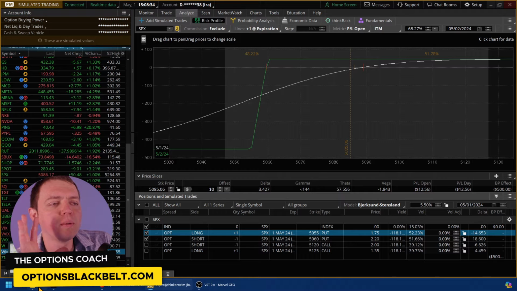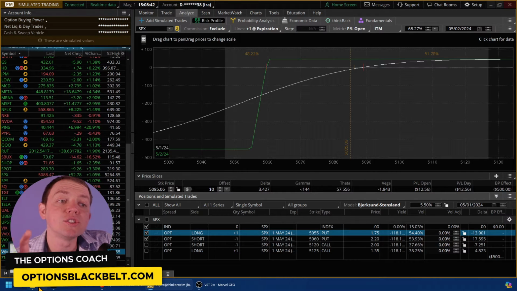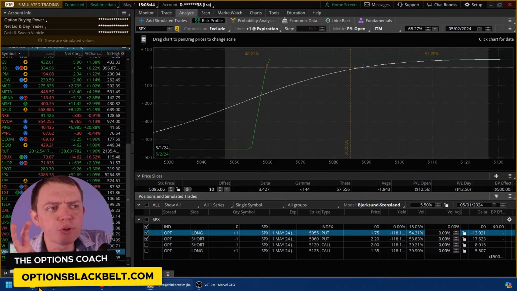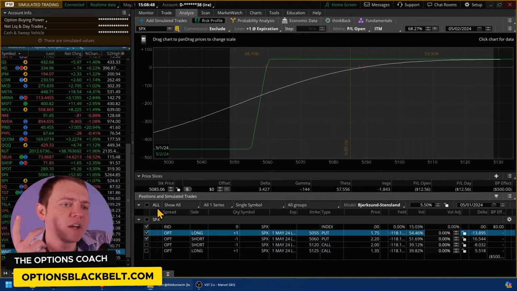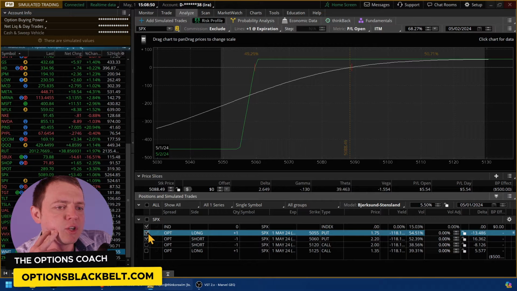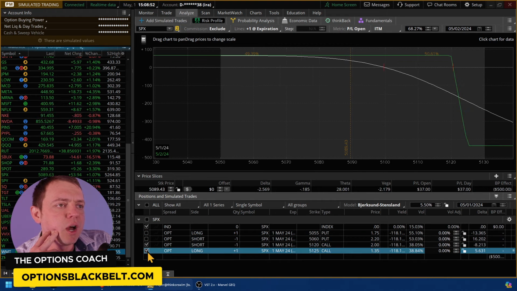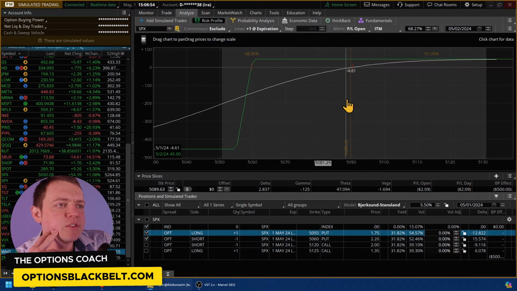Okay, so the whole point behind a roll is to give yourself more time or range in the position, or save the position in a way. And there's different ways to do that. So if we look at this position right here on the put side, and we're whipping around right now because of the Fed announcement, so that's why I thought this would be a good time to do this. If we're starting to get into some trouble on this side,